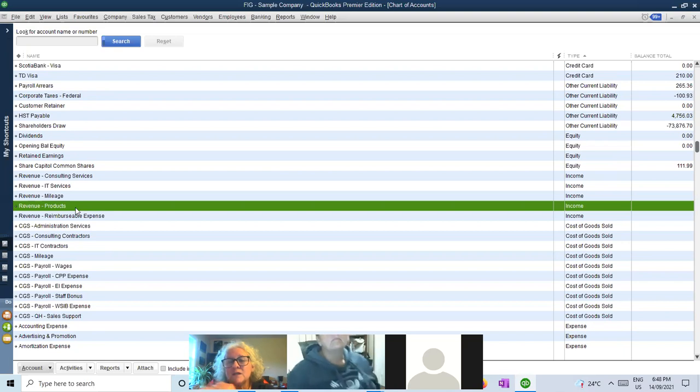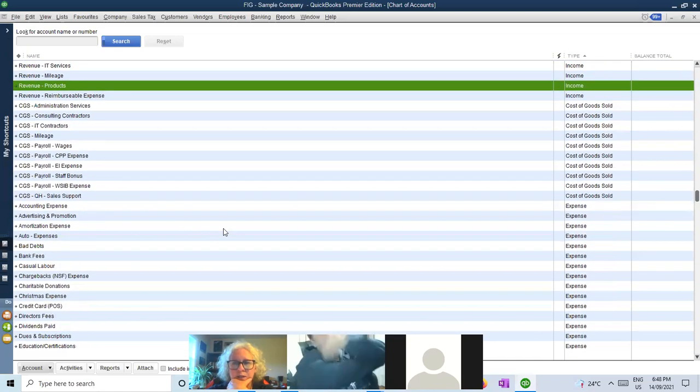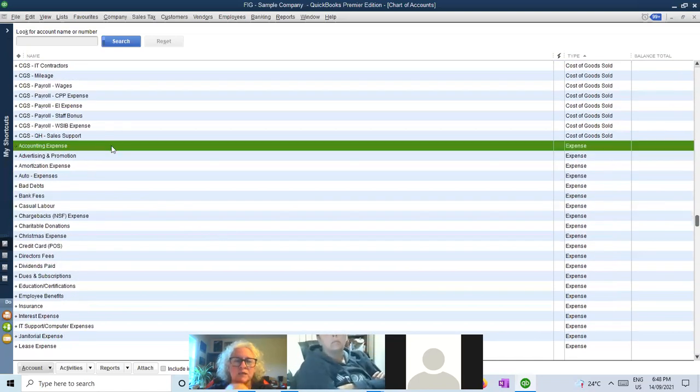So if there's things that cost money to get that sale, that's what a cost of goods is for. Some industries have them, some industries don't. So it just depends on who you're working for, or what your client, if you're a freelance bookkeeper, what better suits the client. And then the overhead expenses, so these are expenses, everything that costs the business to stay